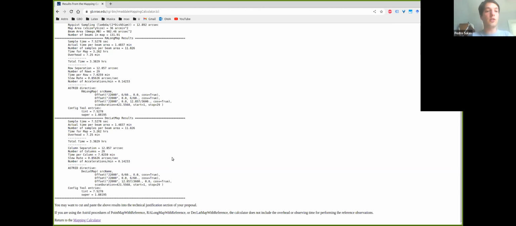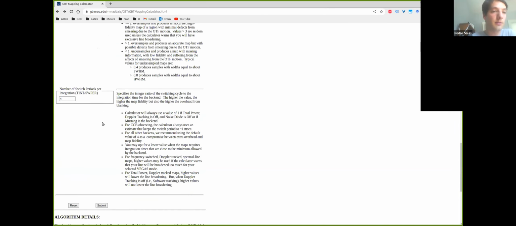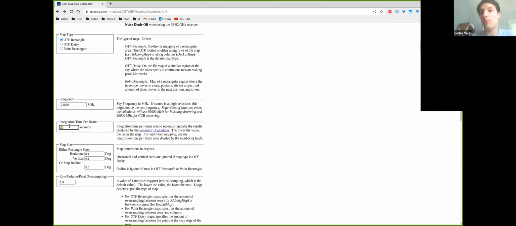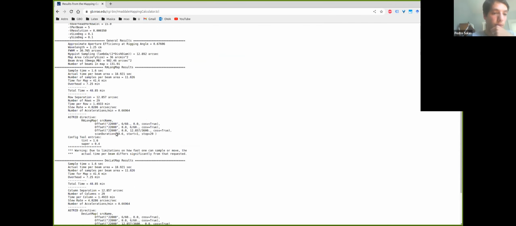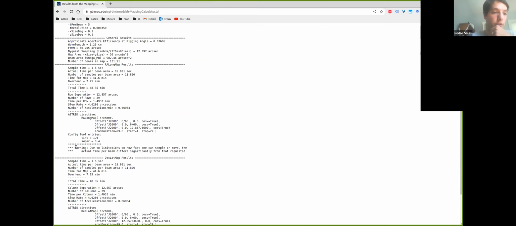And in general, if there were any issues with the setup we selected, it would warn us down here. So we can go back, for example, and let's say we want to map a very, very strong and bright line. So let's say we only need 5 seconds per beam to accomplish our science goal. What would happen? It would tell us, for example, warning, due to the limitations of how fast one can sample or move, the actual time per beam differs significantly from what was requested. So we wanted 5 seconds per beam, but